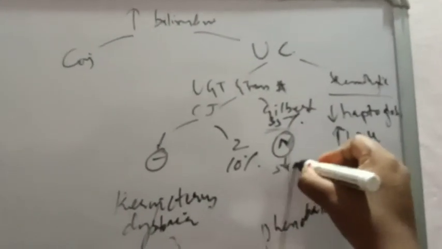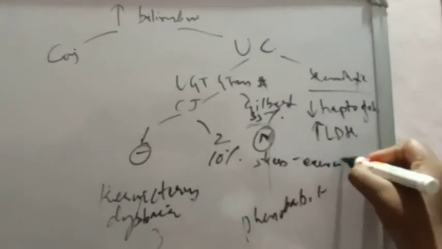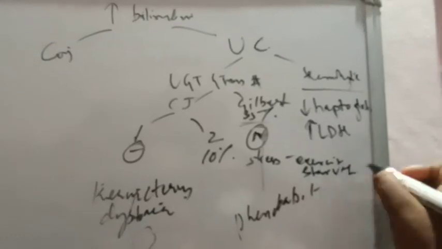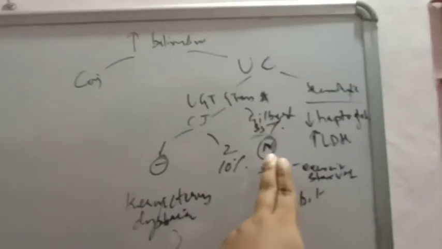He will only present with symptoms during times of stress, like exercise, starvation, or high altitude. Something will put stress on his body, and only then will his bilirubin get expressed. Hyperbilirubinemia or jaundice will be expressed only during times of stress. So this child is essentially normal until you trigger him. That is the difference.